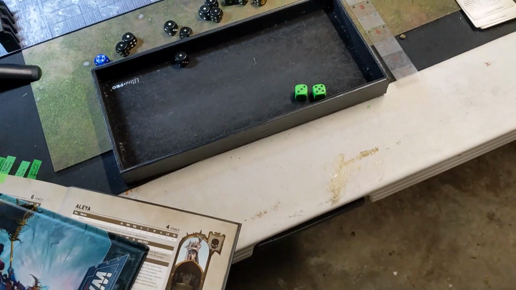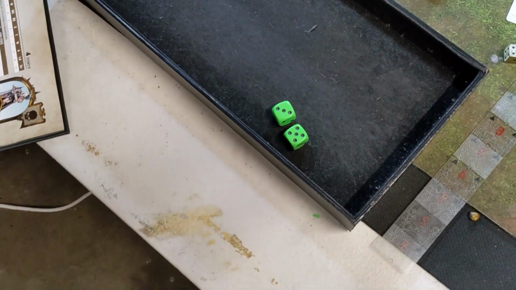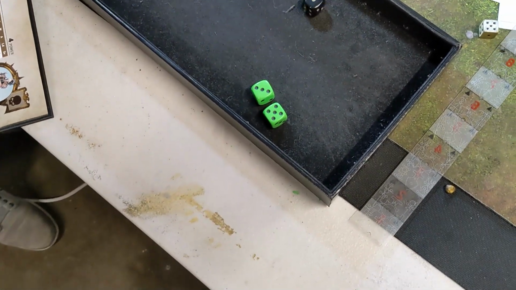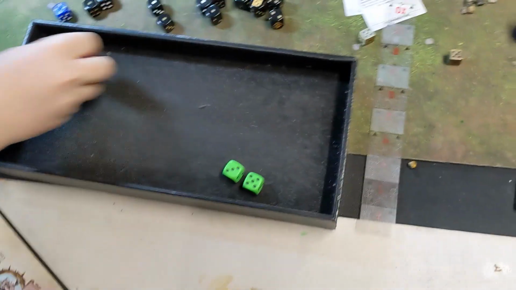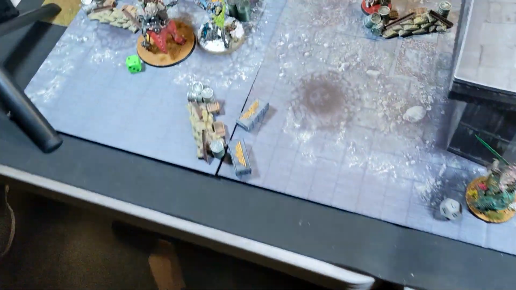I will attempt to deny. Will it go off? He wriggles up his brain. Oh my god! Oh my god! Not like that. Okay, so there's 2 D3 mortal wounds against the Disco Lord. 4. That was pretty spicy. He's on 6. Okay. So now we move into the shooting phase,